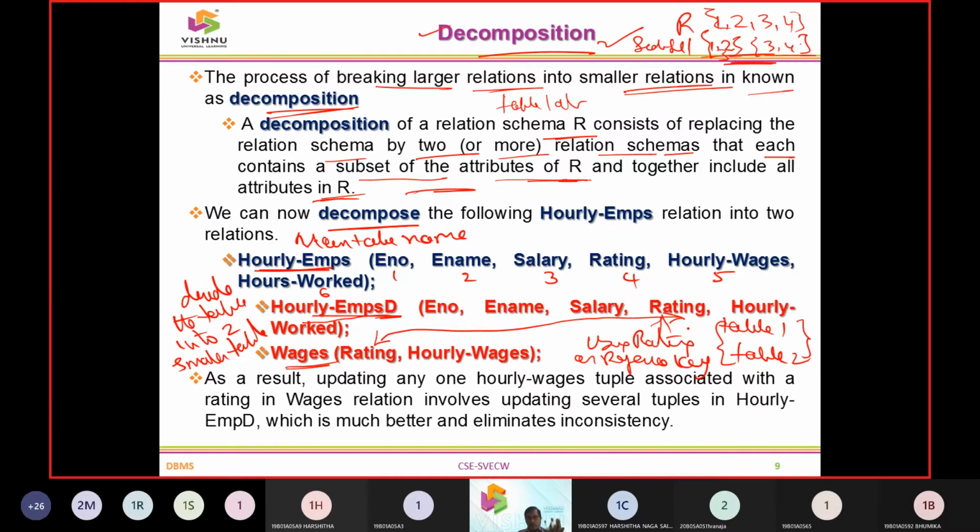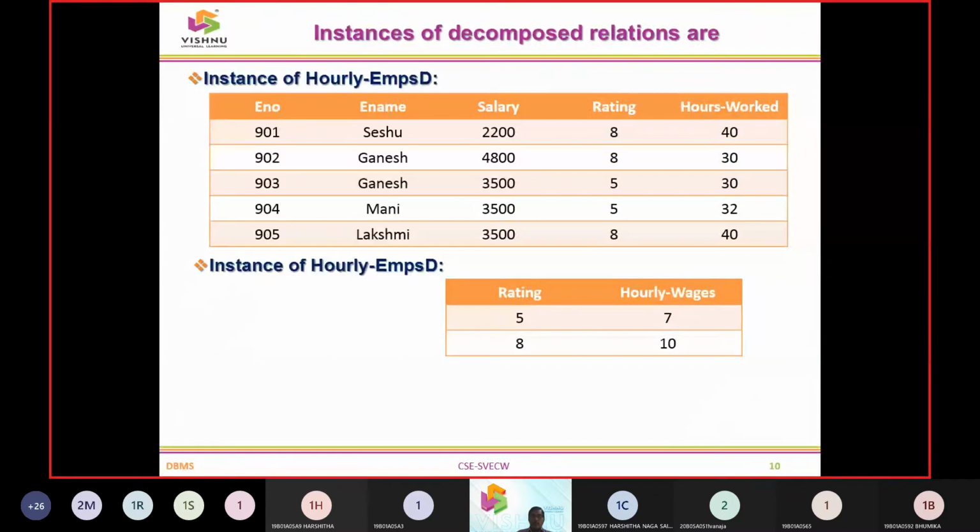So that is where we update the things into wages and hourly employees. Here we can see that, as a result, updating any one of the wages tuples associated with the rating in wages invokes updates to several tuples in hourly employees D, which is better, and it is eliminating the inconsistency. So to understand this